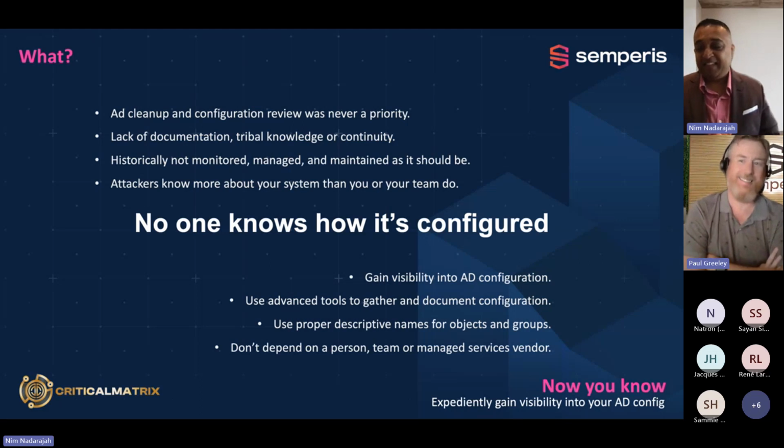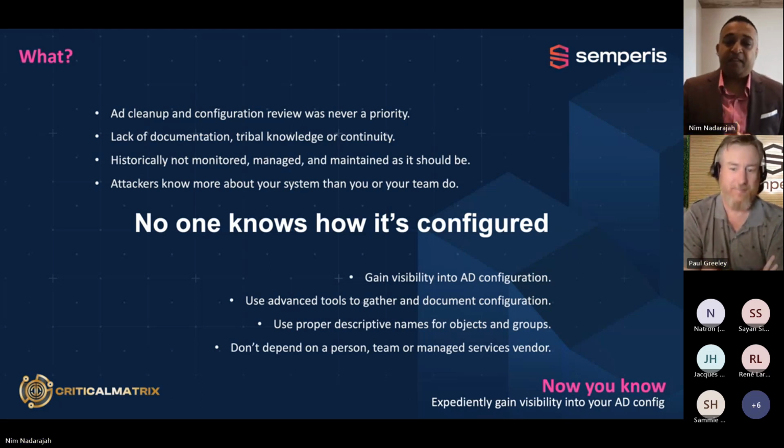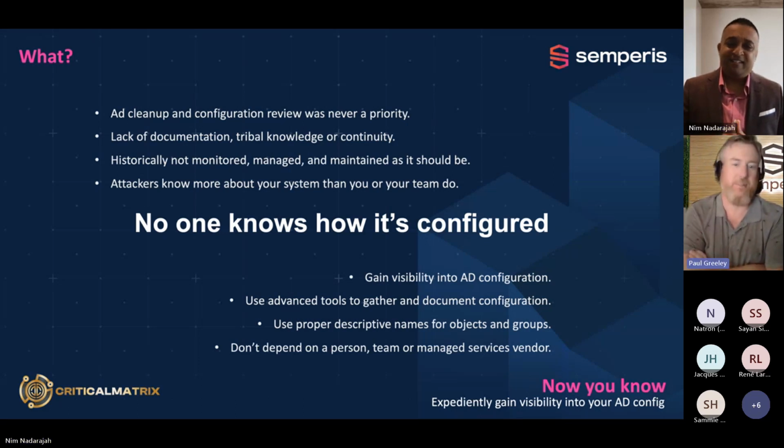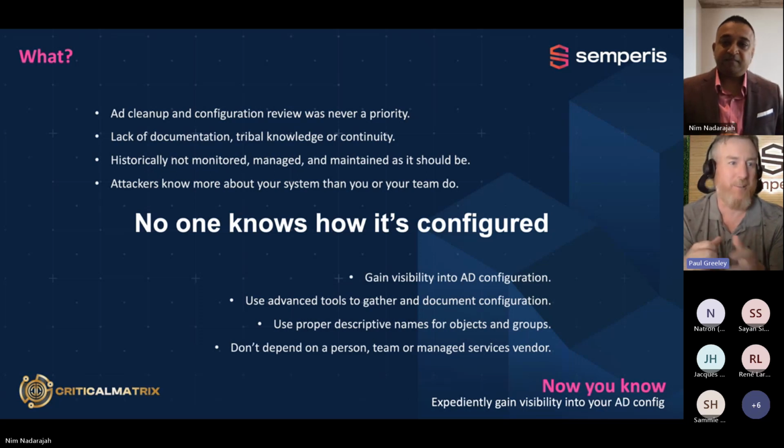The trick here, I think we're saying, is use proper descriptive names for objects and groups. Right. Paul, you said something the other day that hit me. It's security by obscurity, right? Is that what you said? Yeah, security by obscurity. Thinking that by giving things obscure names, you're not hiding anything from anyone. One of the things I would do when doing security assessments, I would make a small bet with the people. I'd say, I bet you I can find your built-in administrator for your domain in 30 seconds. They're like, nah, it's impossible. We got it hidden away. I'm like, there it is.